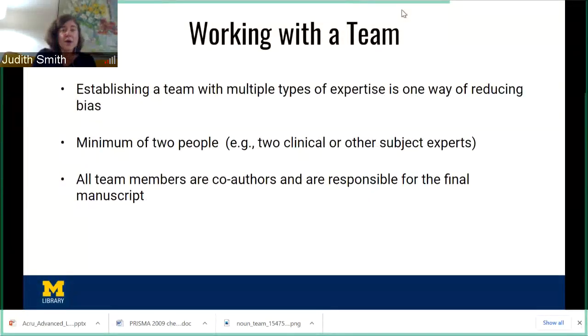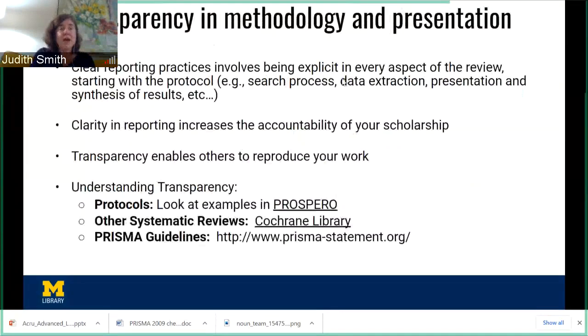Another attribute of a systematic review is that you would want search comprehensiveness. So if you are conducting a formal systematic review, you're basically telling everyone, I have found every study on this topic. If that is not something that matches the needs of your project, then you don't have to do a formal systematic review, but you can still be systematic in approach. So you're looking for complete comprehensiveness.